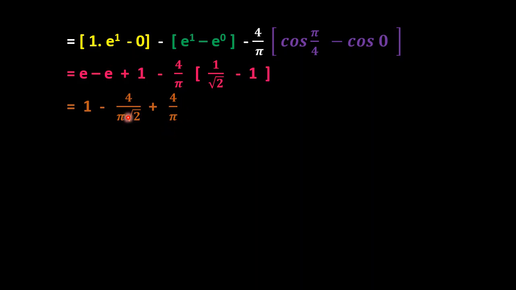Now here middle term we have to rationalize, so 1 plus 4 root 2 by pi root 2 into root 2, so this plus 4 by pi, and here root 2 into root 2 will be 2, and that 2 will cancel this 4 2 times, so remaining from here will be 2 root 2 by pi. So at last we get 1 plus 4 by pi minus 2 root 2 by pi. So this is our answer.